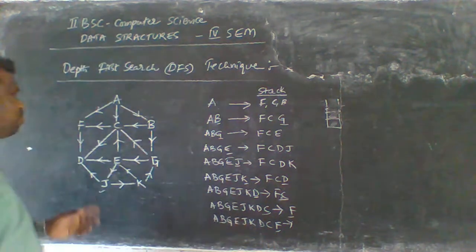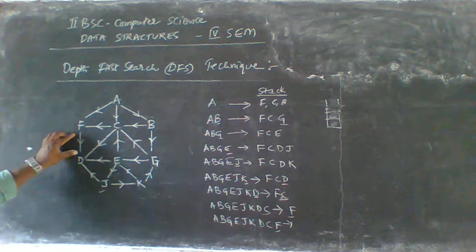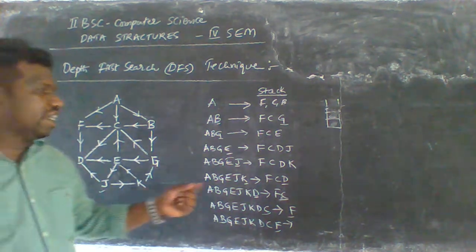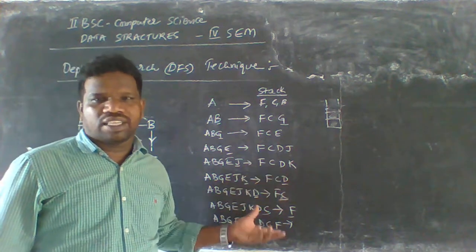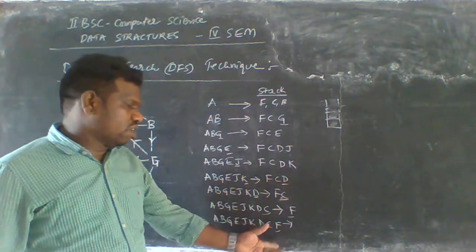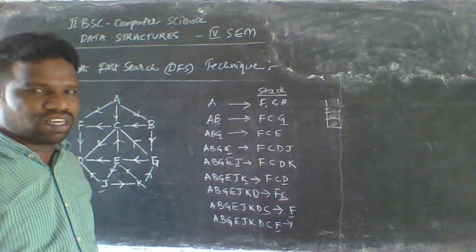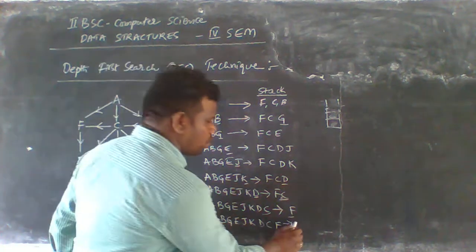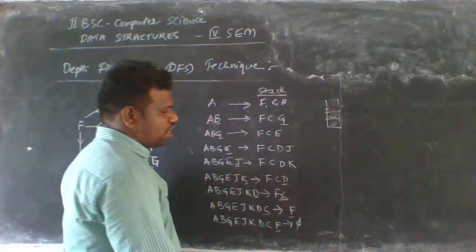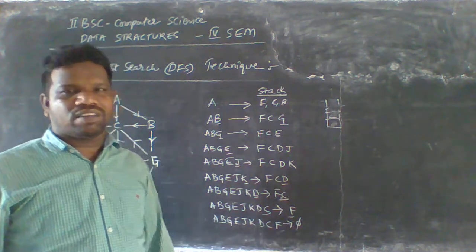Now we are at F. F having only one out degree available here. That is called D. But D is already listed, hence we should not take that element again. Okay. And finally, we should not traverse any node here. That's why there are no nodes available here. Hence we have to place the pi symbol to represent the null values here.